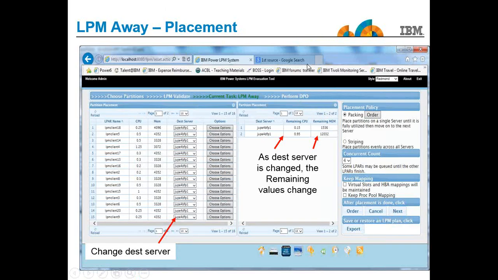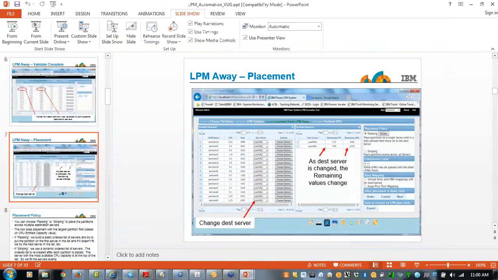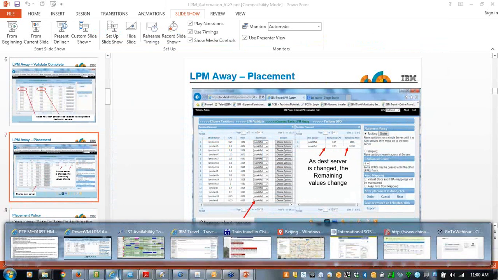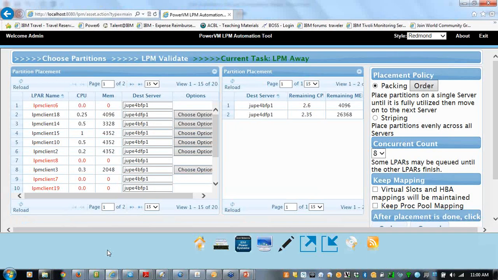Okay, so I'm going to go back to the tool. And here we are. I'm going to stay on this for a while. A lot of this is in the chart deck, but this is more fun. Here we have our different clients. There's 20 clients we're going to move. I'll change the view to show 30, but there's only 20 in here. And you see some of these clients are red and some of these are black.